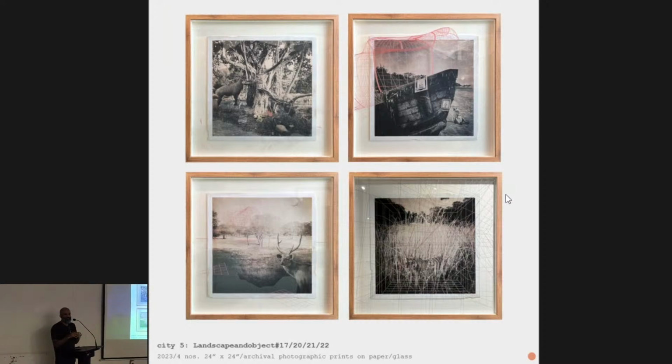So now the object not only becomes a kind of non-scaled plaything, it could actually have a scale. It could be an object with an environment. The photographs are particularly done in a more vintage, aged effect and style, just to talk about, is this part of some utopian, dystopian past? Is it a future? Is it the present? Is it something that I saw on my vacation somewhere, or a trip that I've taken? And it's usually a collage of many different things. So, for example, the top left one,